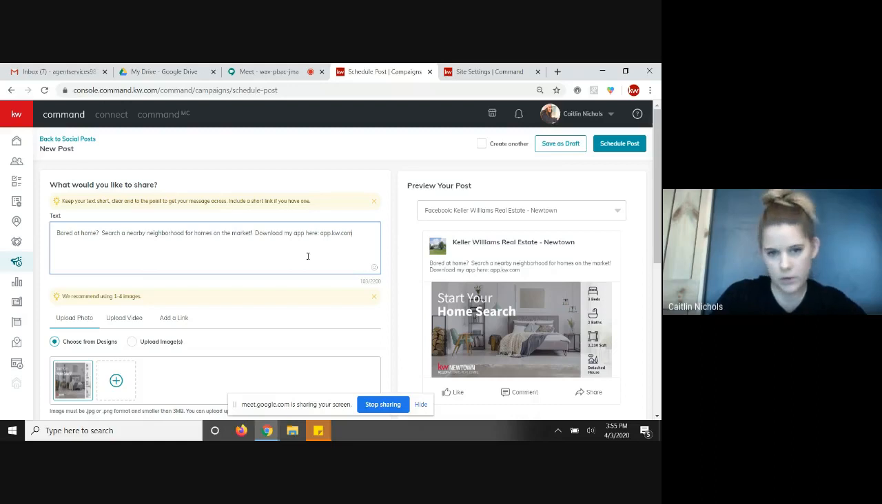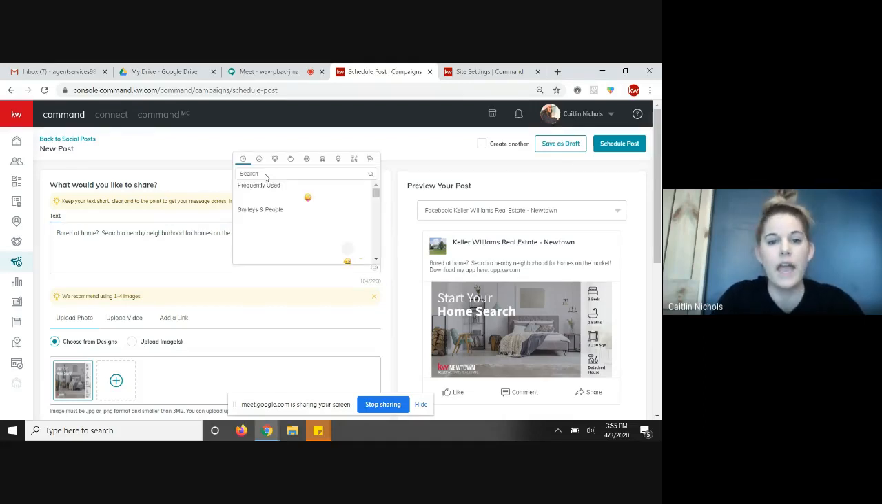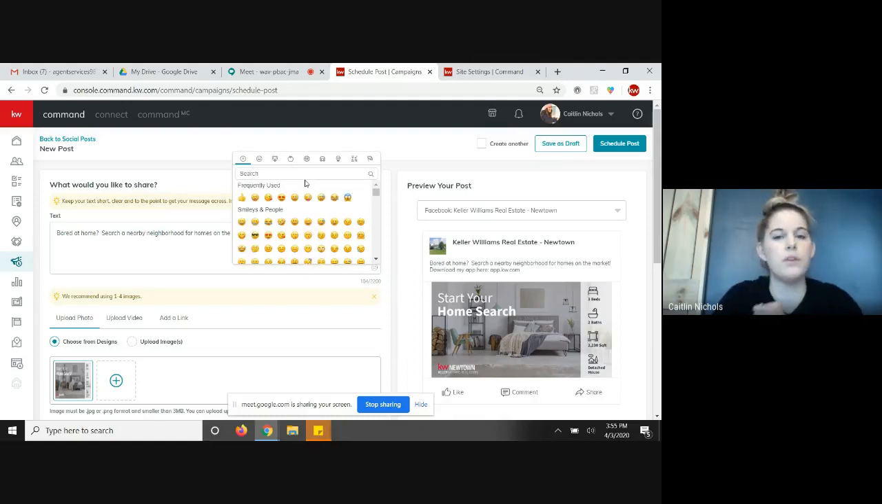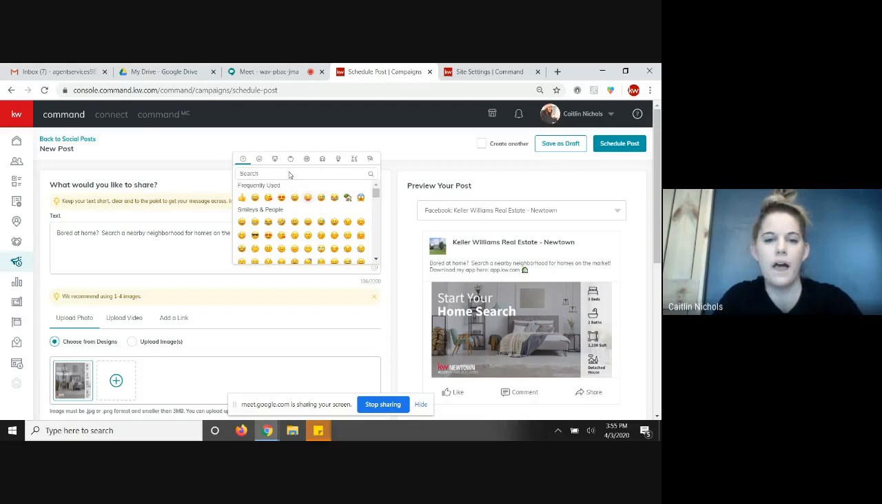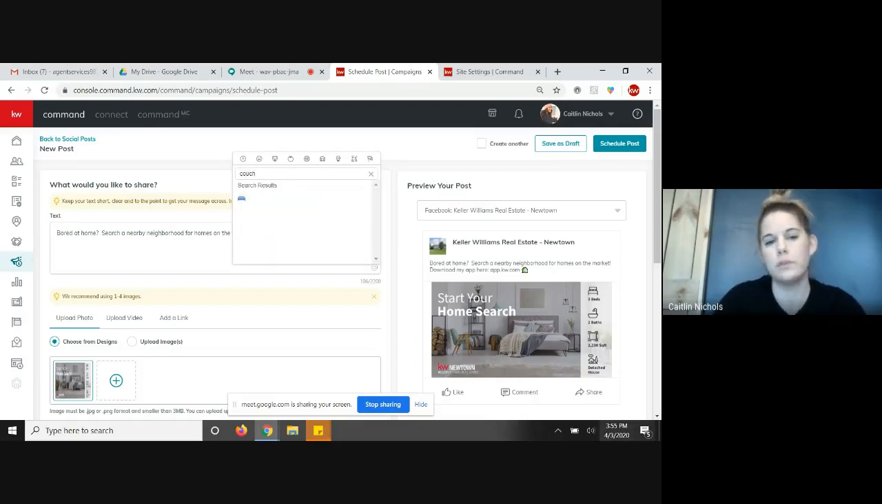Let's add a couple emojis. I like emojis. All right, so at the very bottom right, you have a little teeny tiny smiley face. We're going to click that once. And one of my favorite features about doing the post through Command is when I add in emojis, I have the option to search by keyword, which is awesome. So we're going to type in house, pull up the little house, and then I'm going to click the little smiley face again. I'm going to type couch, pull up couch,